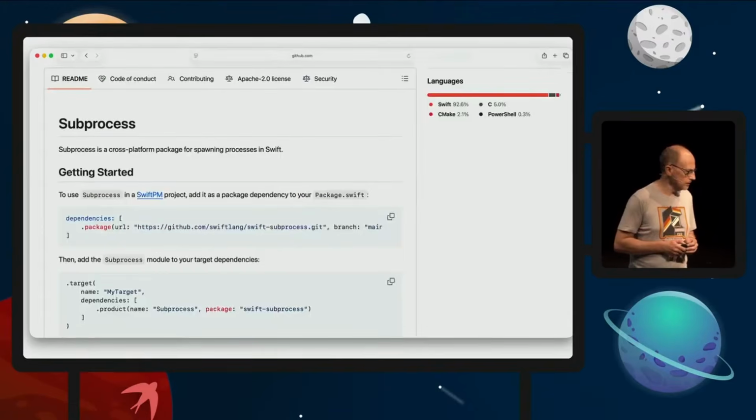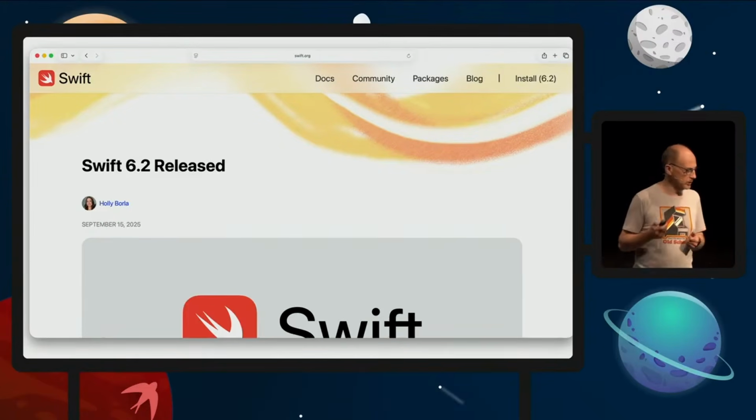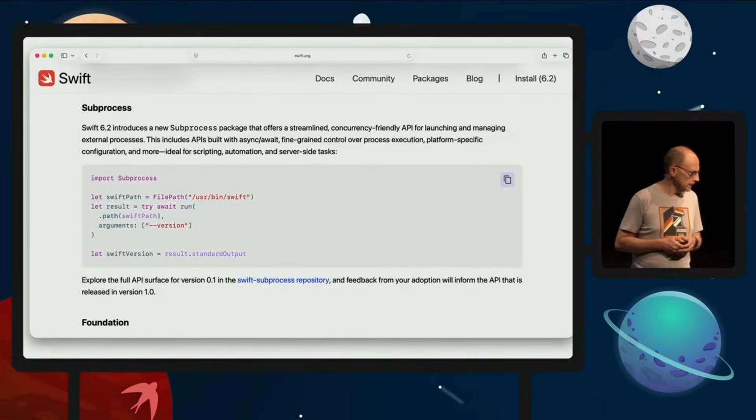And so there is the Subprocess package that makes it much easier to spawn external processes and also connect the input-output, and that's available on macOS, Windows, and Linux. And to me, this is clearly another sign of the direction that the platform is going in. It shows us the future of the standard platform. And this was confirmed, because if you look at the Swift 6.2 release post, it clearly introduces the Subprocess package as a kind of preview API of what's coming in the 1.0 version.